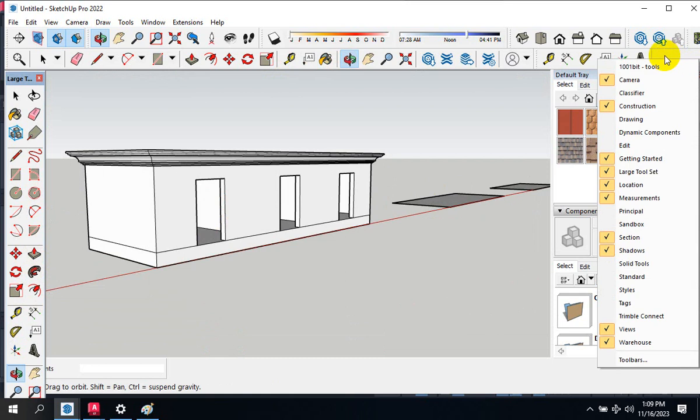Please just look at my screen. If you click this top here, right click, you will see this called large tool set. Click on large tool set, it will come up. Then you can just